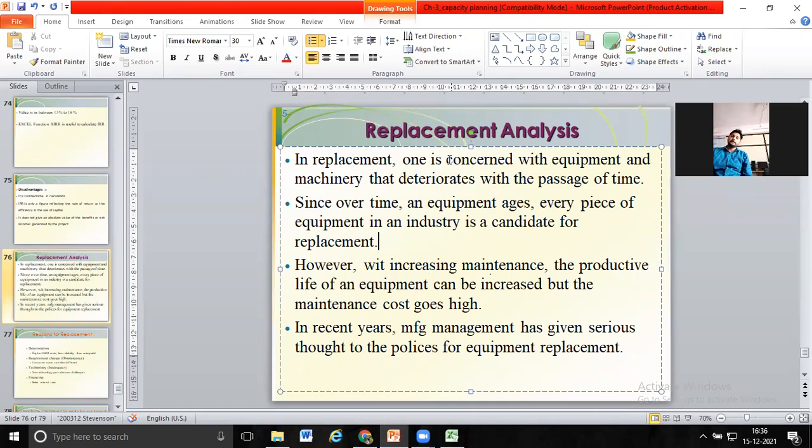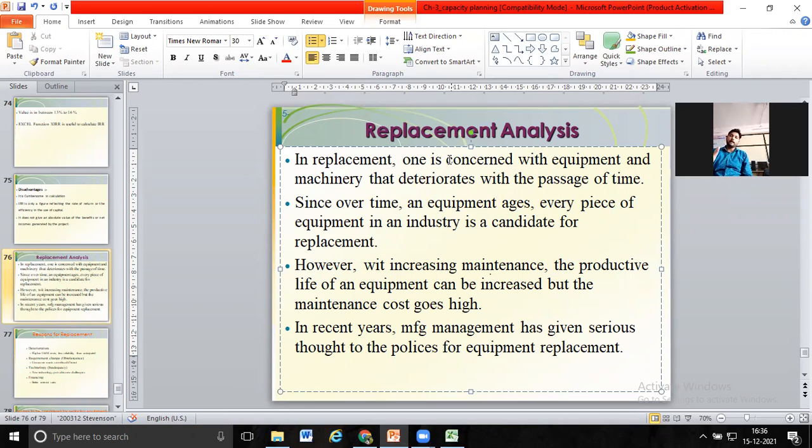Deterioration means what? Understand it like this: you are using a CNC machine and making a product with that machine, and the quality of the product coming out of that machine is maintained. Suppose you get a tolerance of 0.1 mm, an accuracy of 0.1 mm. But after some time period you get the accuracy up to 0.2 mm. After some time period you get the accuracy up to 0.3 mm. So that is nothing but the quality of the produced product getting deteriorated, and at that time we